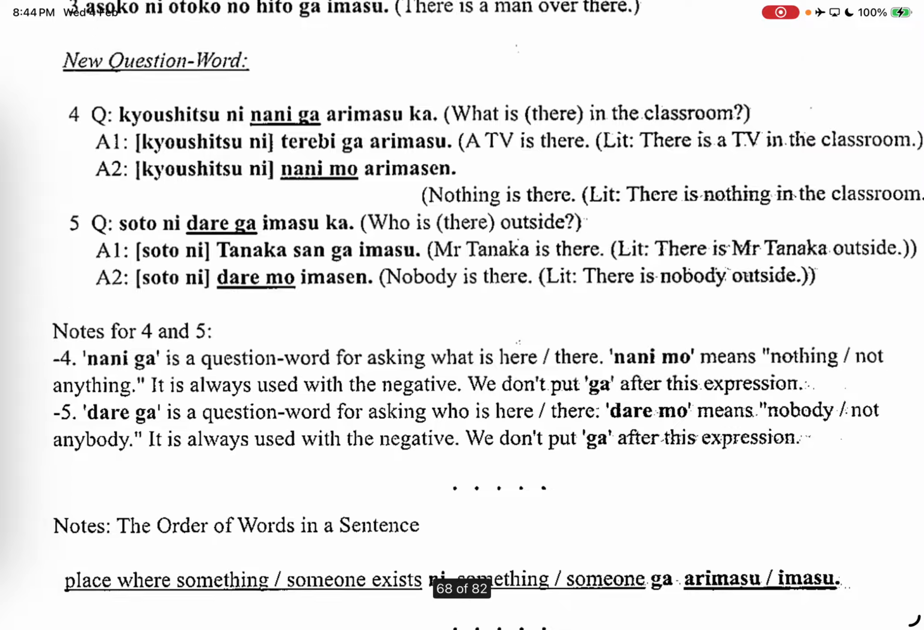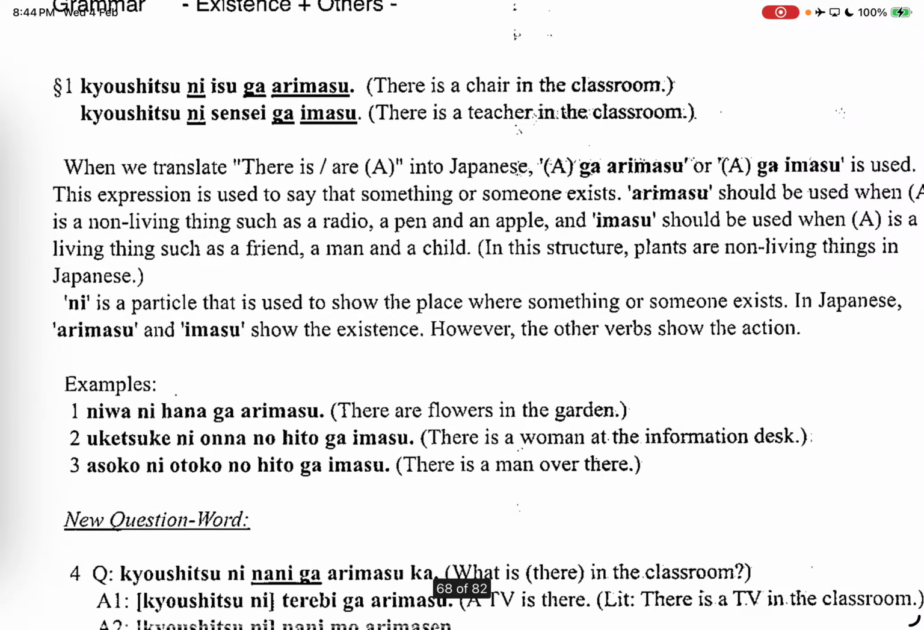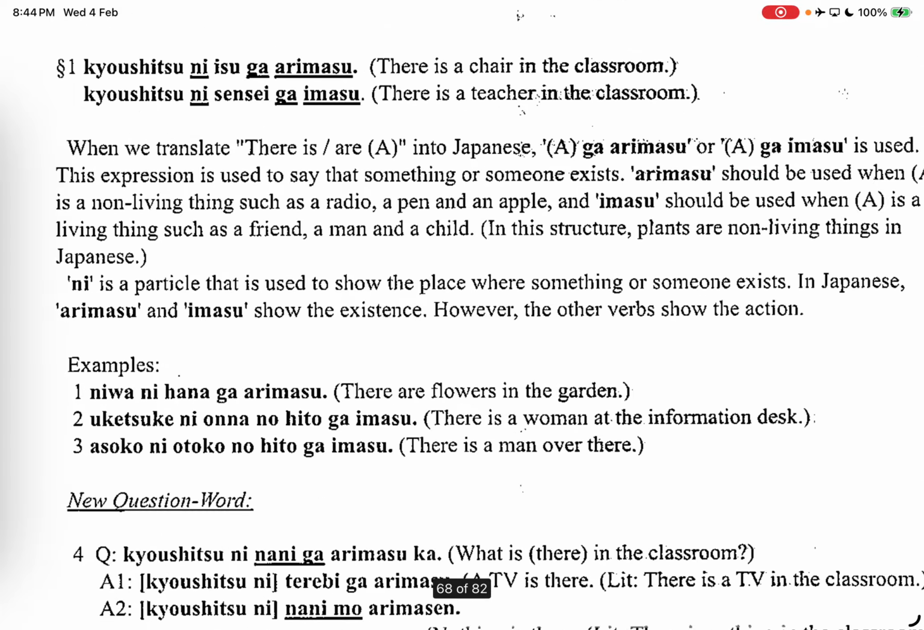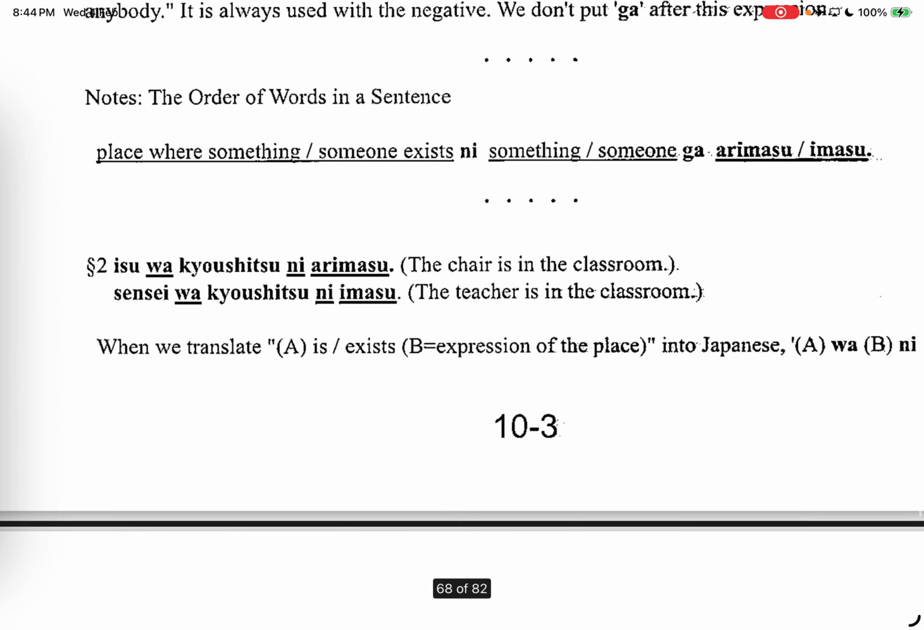Previously, it was not focusing on the chair. The previous one was focused on the classroom, the location. So number 1 is emphasizing the classroom. Number 2 is emphasizing the item, the chair, because now the chair becomes the topic, the subject of the sentence. So, 椅子は教室にあります。